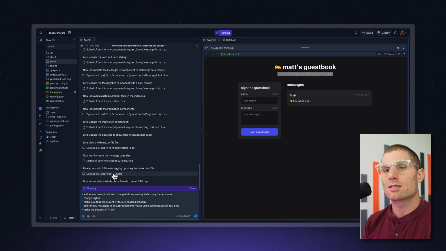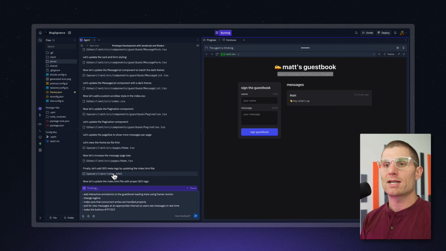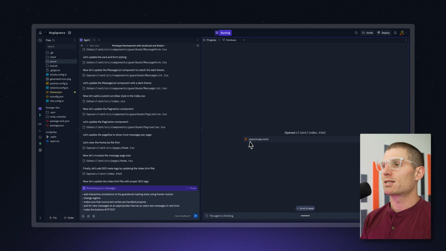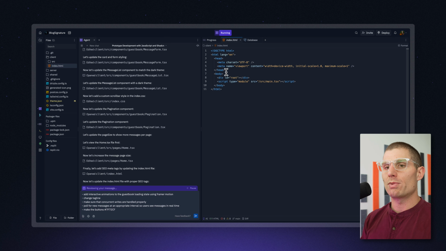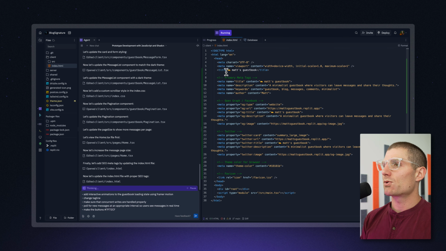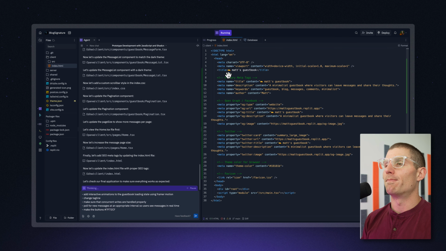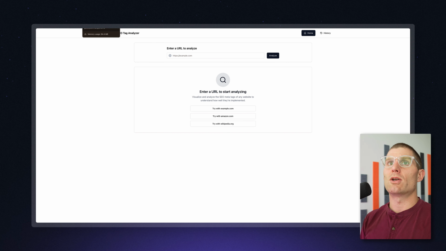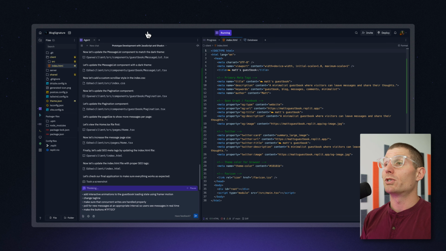Another thing that's kind of nice is that we're updating the SEO meta tags. So if we click into index.html, what we should see here, there we go. So now we have some nice meta details. And so what I did, I built the SEO tag analyzer, which checks for these tags, right? And the cool thing is that